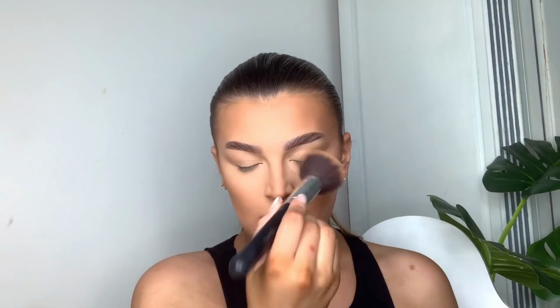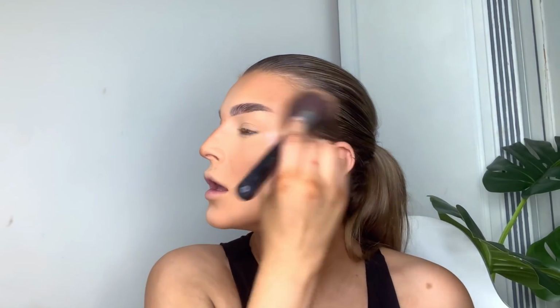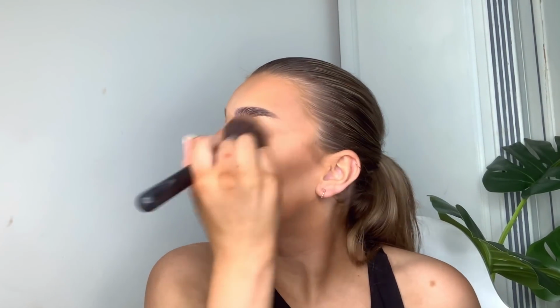I know that's such a bad example, but you can see it on my neck a bit more because obviously the light is, but yeah, it's such a good match because the tan I use is very much a brown tan, not an orange tan. Because I have such dry skin, I use a tan with an oil in, and it's also tailored towards people that are paler. So yeah, I'm just dusting the bronzer on the bridge of my nose